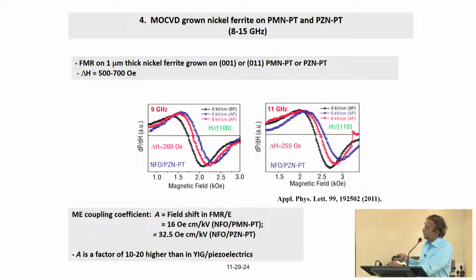So you see that the shift that can be accomplished with the electric field is rather small, and the FMR line width, if you calculate the field separation between the peak and the dip here, is more like 500 Oersted. And the tunability for this range of electric field is only 260. So only half of the line width,